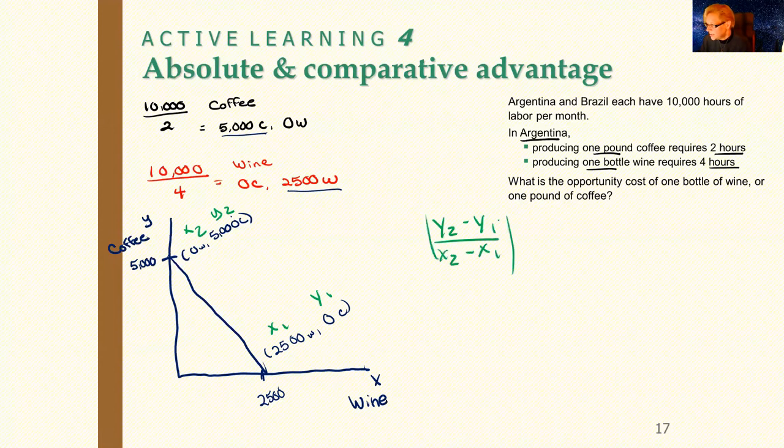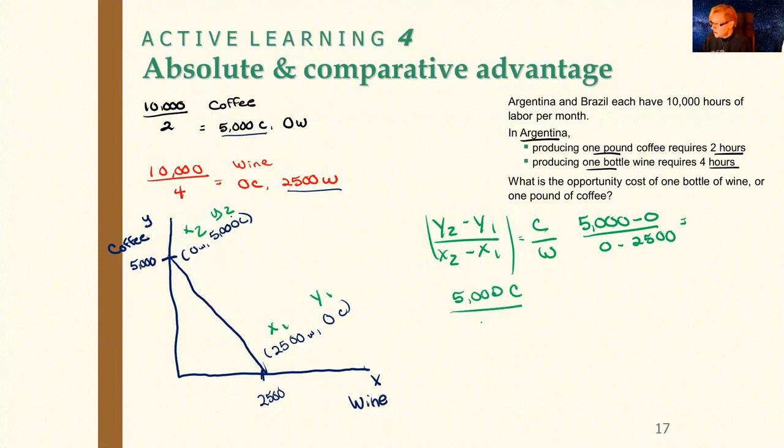Remember to take the absolute value. Then we're going to label what these stand for: coffee to wine. So Y2, I'm going to plug that in: 5,000 minus 0 over 0 minus 2,500, which gives me 5,000